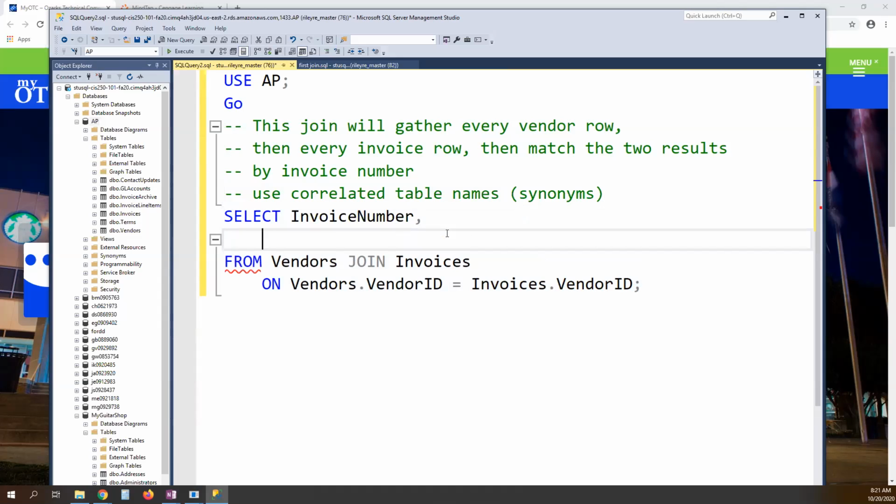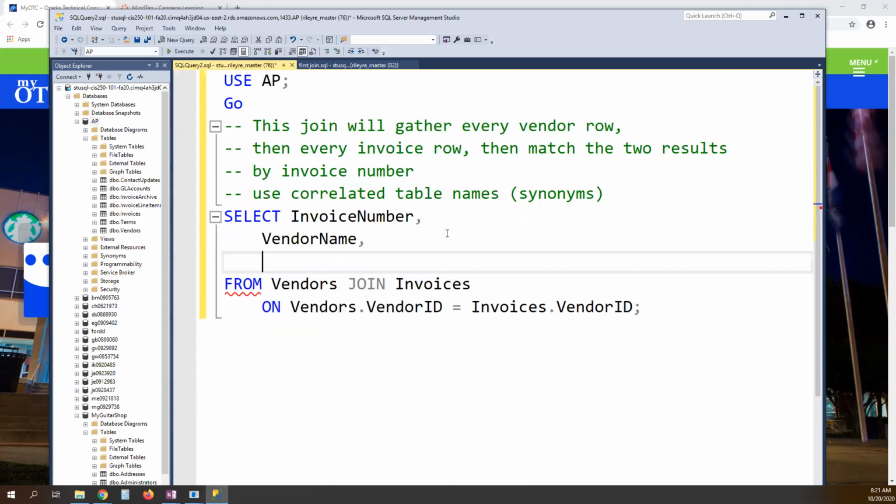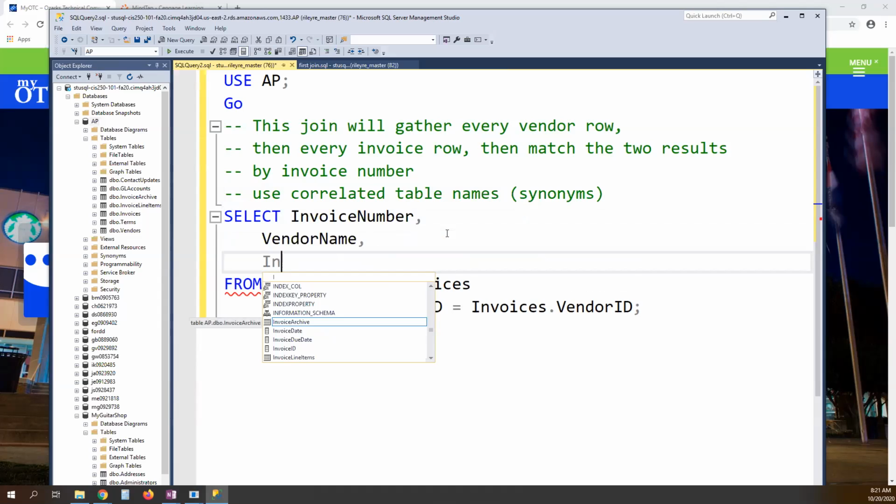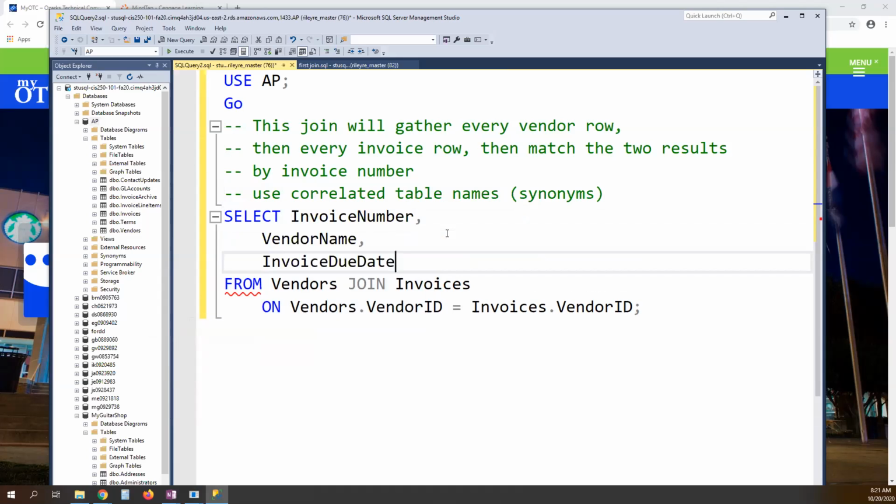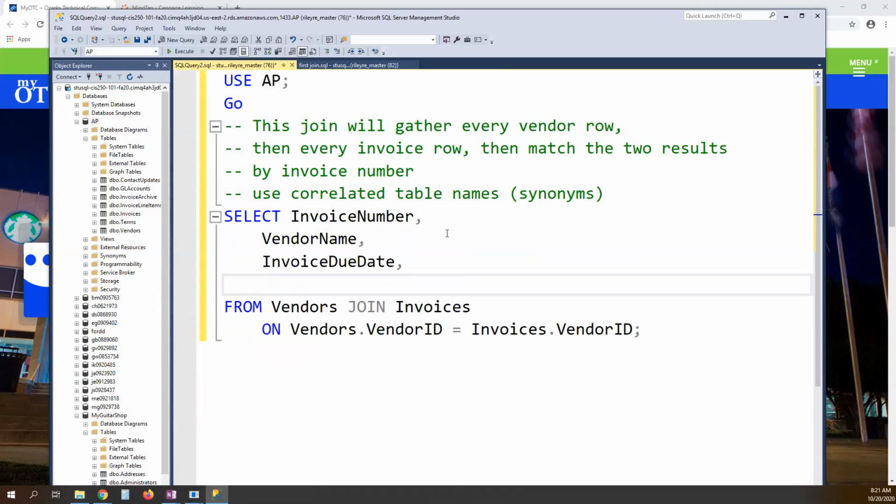And then we want vendor name, invoice due date, and then we're going to create a calculated column. Invoice total minus payment total